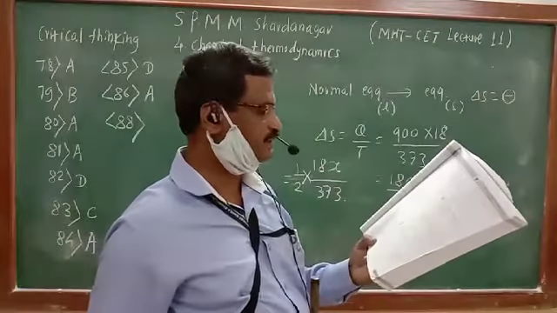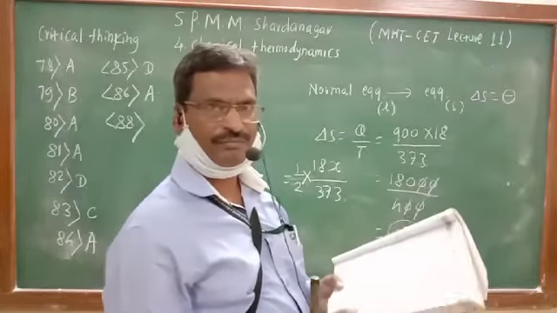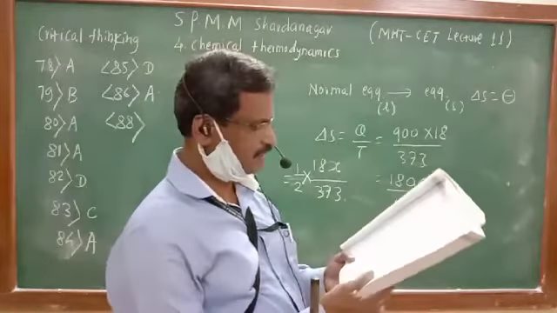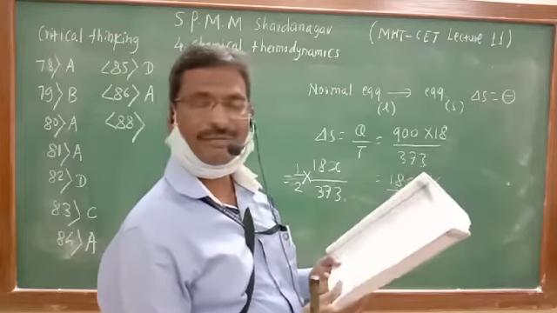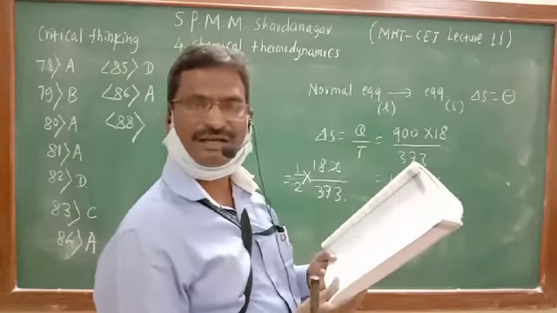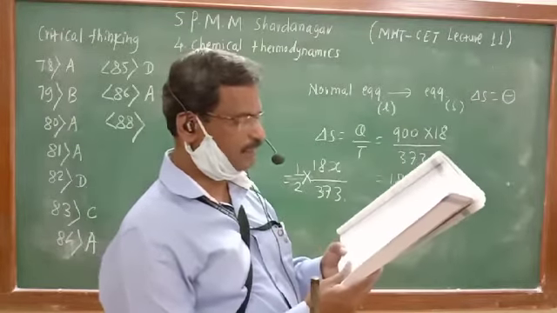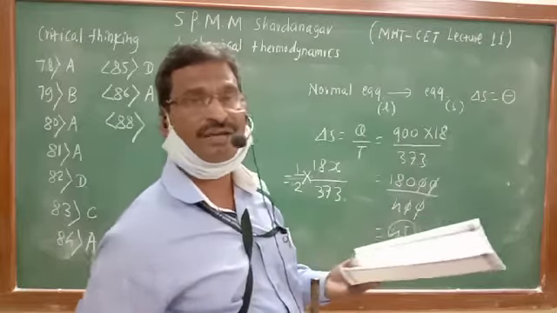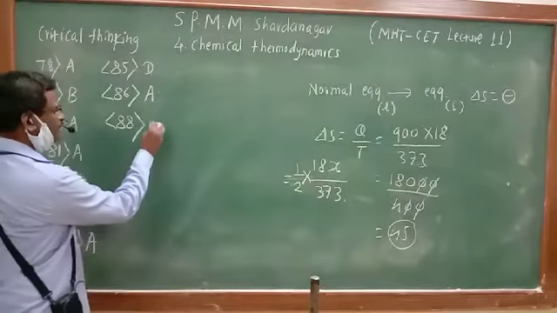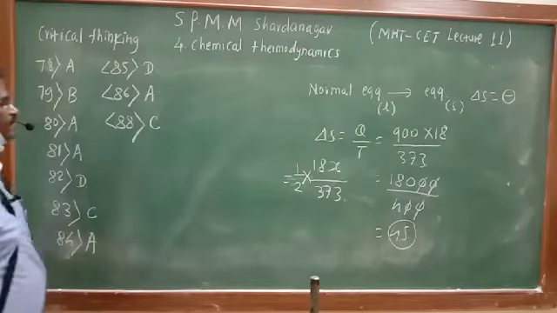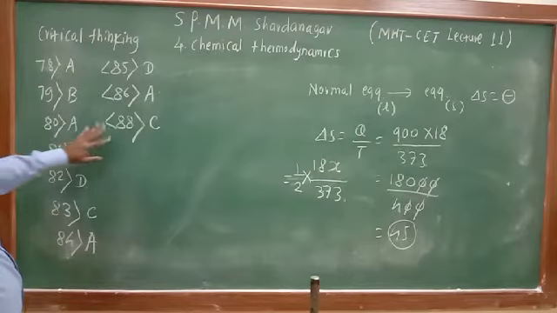So see the options. Option A, reaction should be exothermic, but limitation is there. B, entropy of product must be larger than that of reagent. This is correct, but there is the limitation for entropy. C, the reaction is to be accompanied with decrease of free energy change, and there is no limitation for decrease of free energy change. So option C is correct for question number 88.